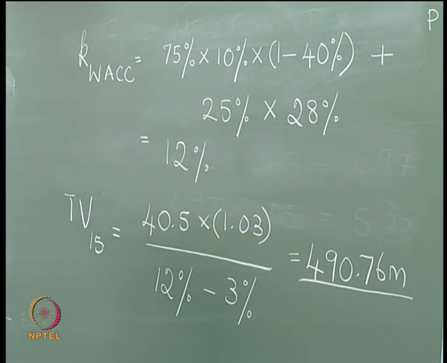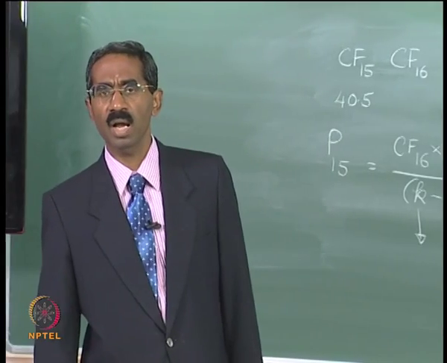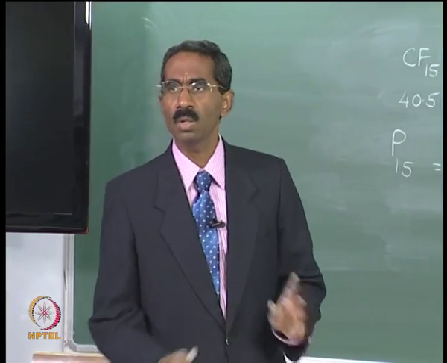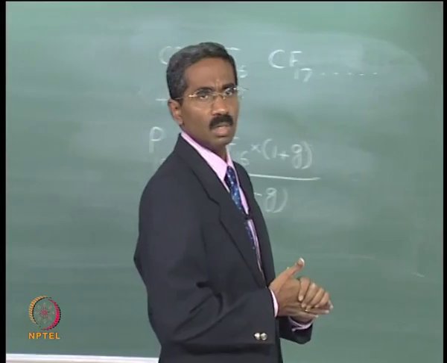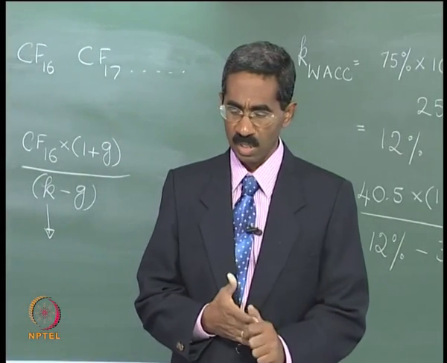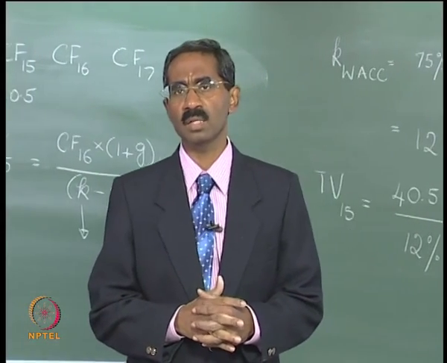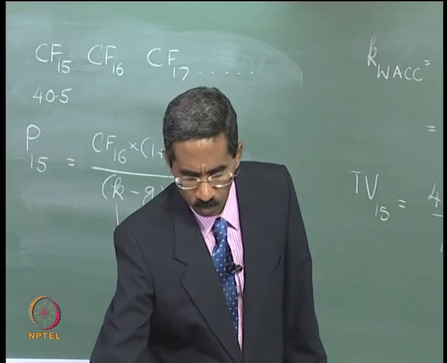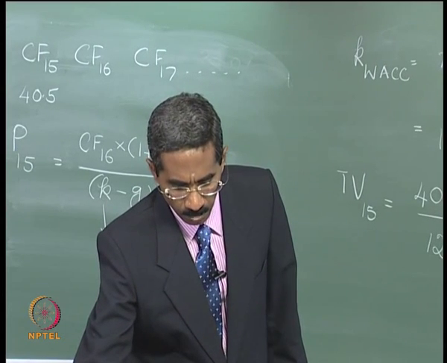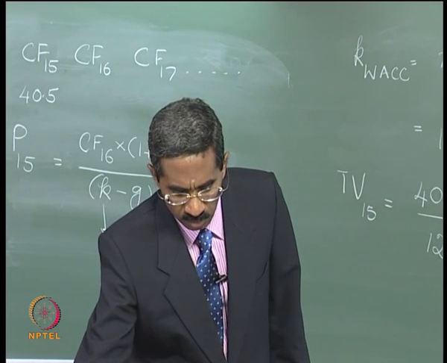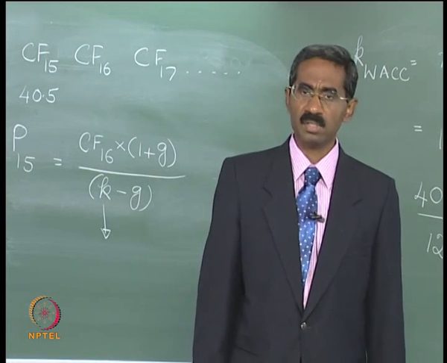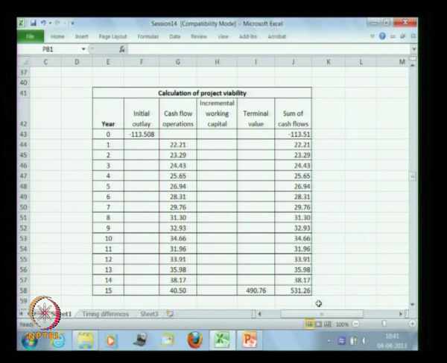So what we now have is information on all the 4 components of cash flows that are needed to make the capital budgeting decision. I have put everything in an Excel spreadsheet as follows. For each of the years, starting from year 0 to year 15, in year 0 there is an initial outlay of